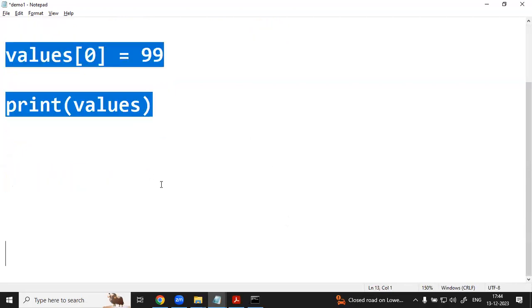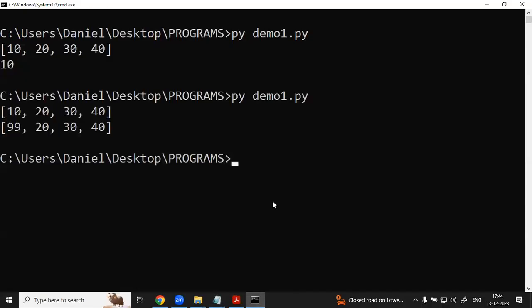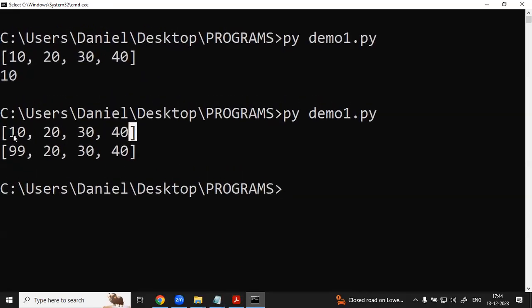Good. Now save this example and let us run it. Wow, this is seriously super. First of all, did you understand this example? What exactly happened? Simple, sir. Initially, the list data structure has the 10 value in the first position. I don't want the 10 value. Can I change it? You can change it, because the list data structure in the backend has mutable nature. List data structure has what nature? Mutable nature. Did you understand this point first of all?